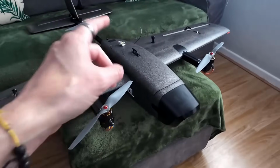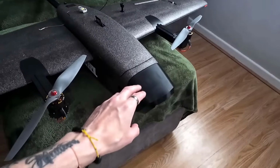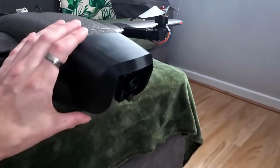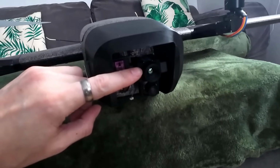So this is a Heewing T2, like I already said. And the good thing about the Heewing T2 is it's got a removable nose, which means you can put your own noses on there that you want to. So this is one that I've designed and 3D printed myself, and I'm pretty proud of it because it's come out looking pretty nice. And if we look on the inside here, hopefully you can see, there is the Axisflying